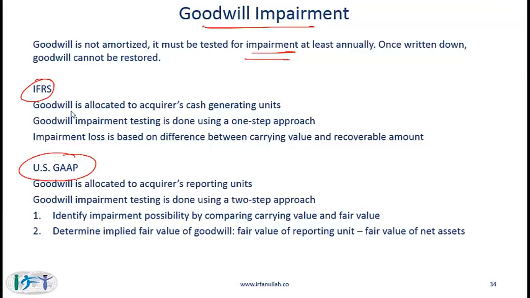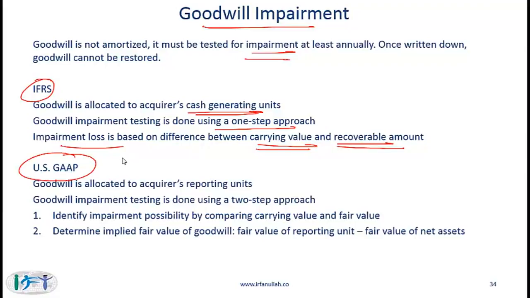Under IFRS, goodwill is allocated to the acquirer's cash generating units, and goodwill impairment testing is done using a one-step process. Goodwill is impaired if the carrying value is greater than the recoverable amount, and if that is indeed the case, then we find the difference of these two numbers and write down goodwill. The loss is then shown on the